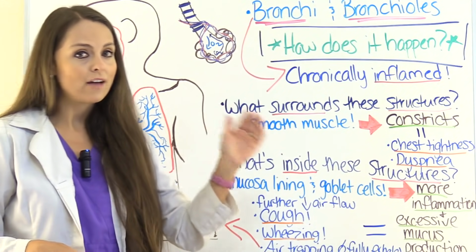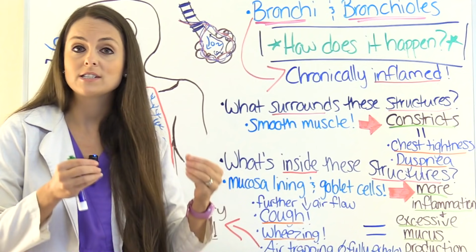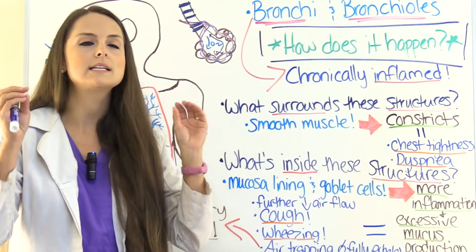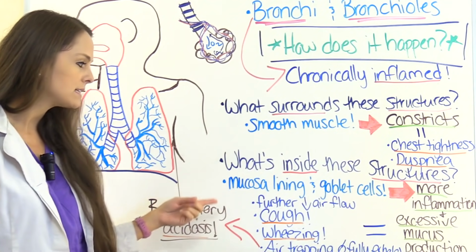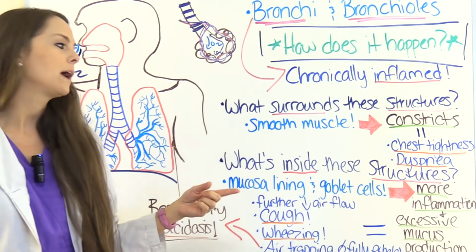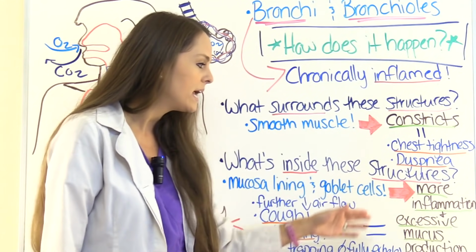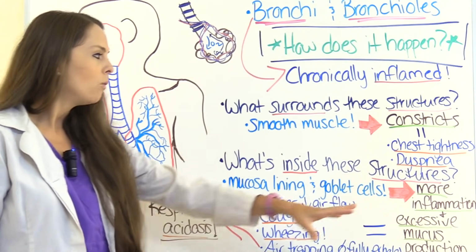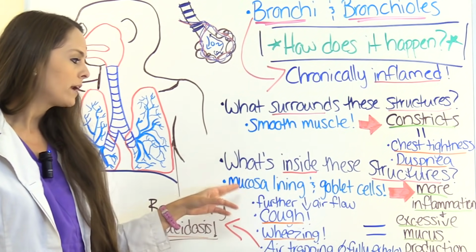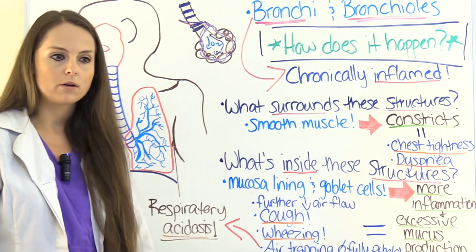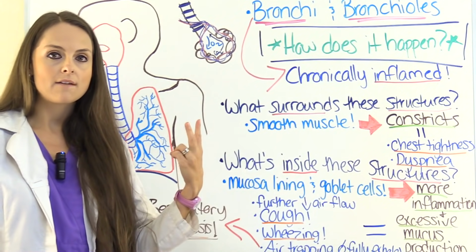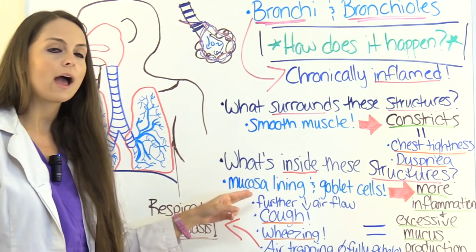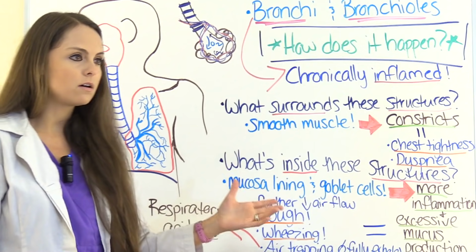But when an allergen like that pet dander that has triggered this patient's asthma comes in, the goblet cells are overstimulated. So they start producing lots of mucus. And this mucosa lining, which is already inflamed, is going to become even more inflamed. So you have more inflammation and excessive mucus production going on. So what is all this going to lead to? We're going to have further decrease in our airflow because we have mucus in the way and a severely inflamed mucosa lining. Now this patient's going to start having a cough because of all this mucus